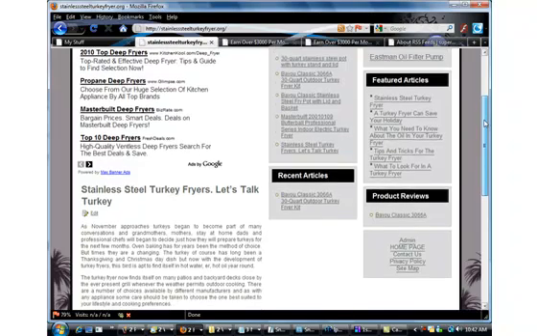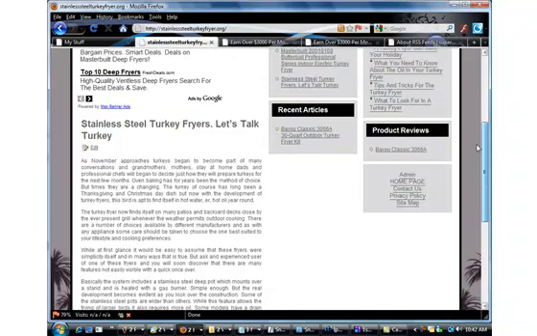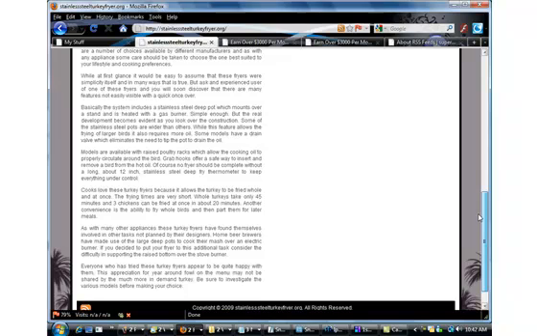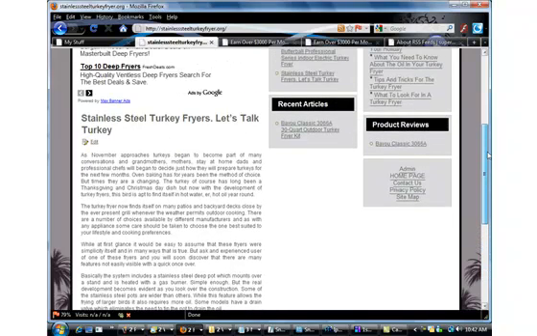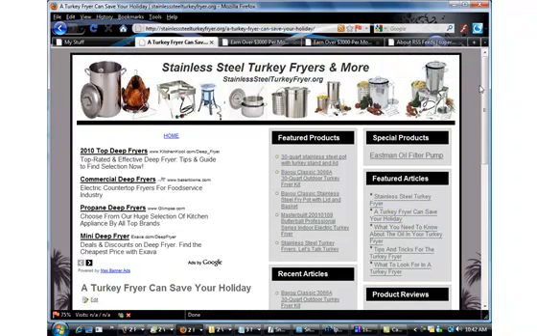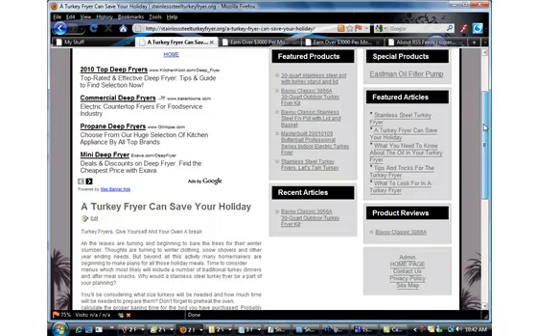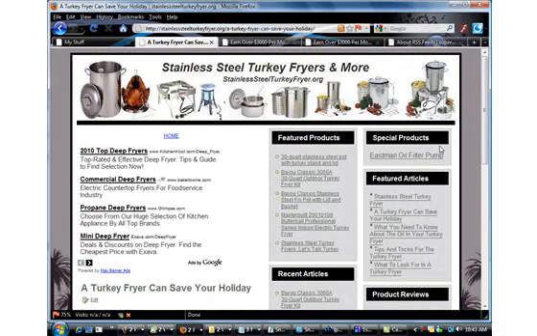So I've set up a static home page, and I've got an article on the first page about turkey fryers. No links in the one. Now I could very easily add some kind of subtle links down through here, and I may experiment with that later, but I found out that I have very good luck if I just have some pages on the site that are not overblown with ads and whatnot. And I've actually got 5 pages on here now with 5 different articles set up the same way. Information, pretty much information only,